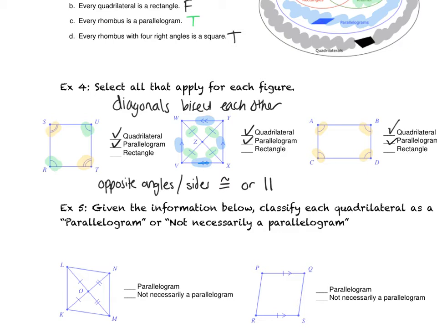So I'm going to write in red the only different quality of a rectangle compared to the qualities of a parallelogram. To be a parallelogram, you have to have one of those features that I listed. And then on top of those features, because rectangles are parallelograms, you need to have 4 right angles. So remember, you have to have 4 right angles on top of those features, or you could have